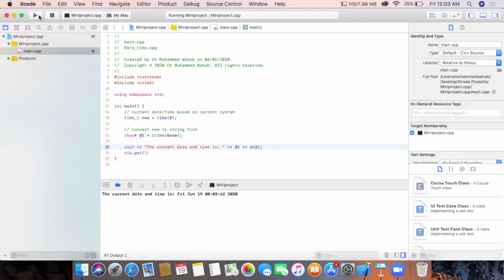So you can see on your screen the current date and time is Friday, January 19, 003, basically it's midnight. Then it waits for the user to enter a character. So that was